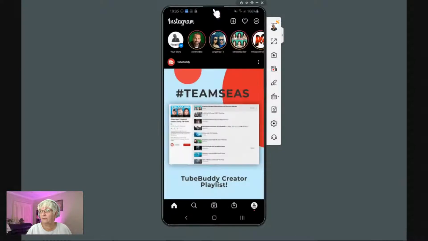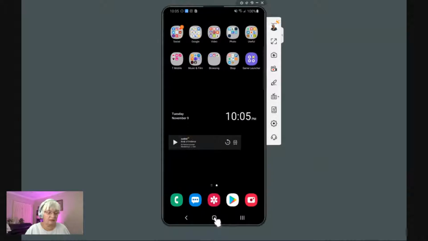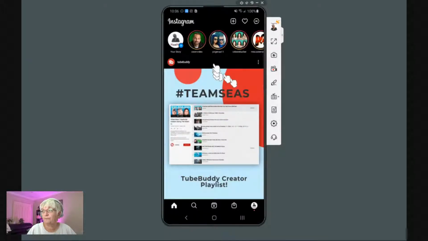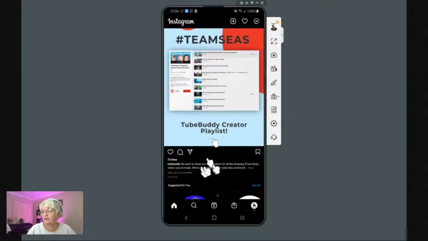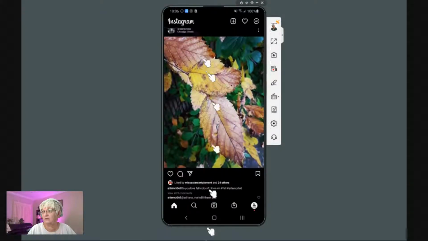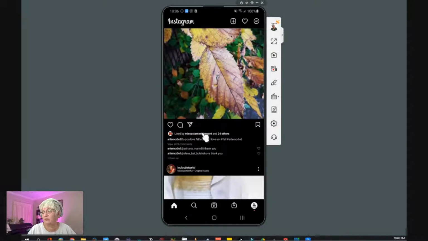So here we have my phone screen, as you can see. And today I can actually work straight from the computer here, so it will hopefully be easier for you to see. So we want to go to Instagram, and here you can see the different posts. It's a little more complicated to scroll on the